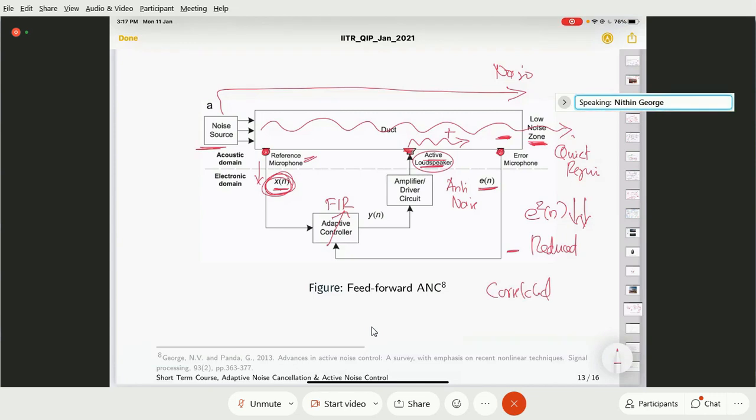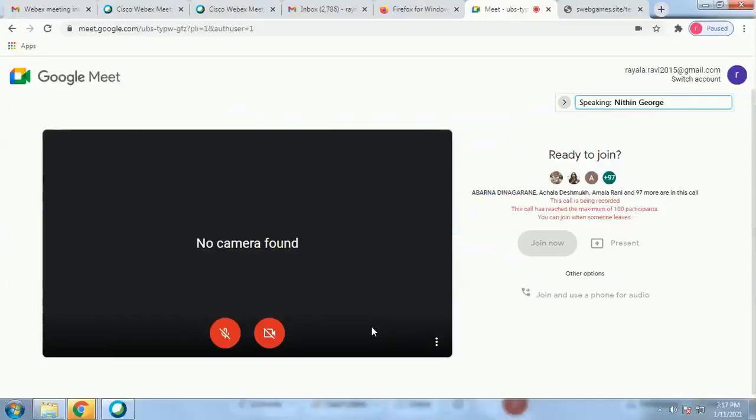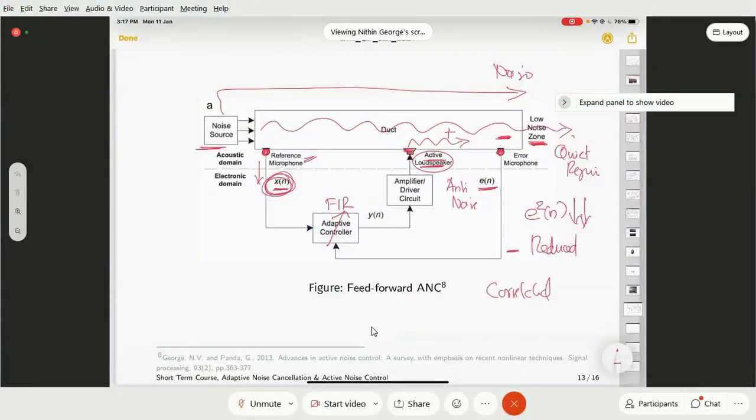That you can experience if you use an ANC headphone. The moment you switch on, what is going to happen? Your background noise is going to get reduced significantly. Okay, which is better? Which is better is dependent on what you want to do.